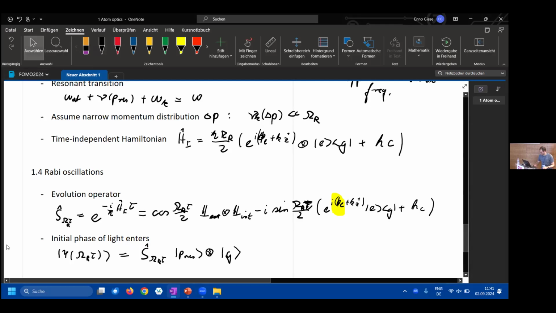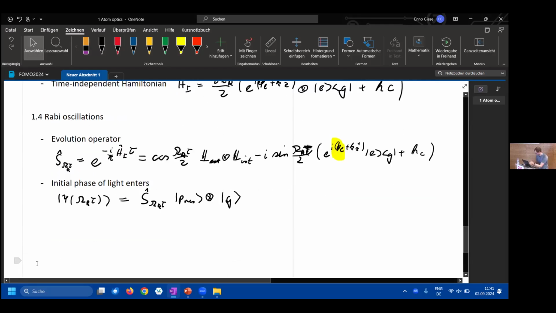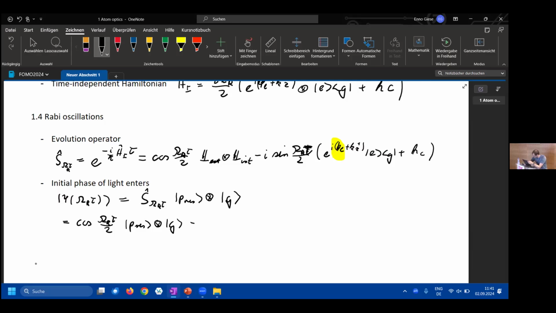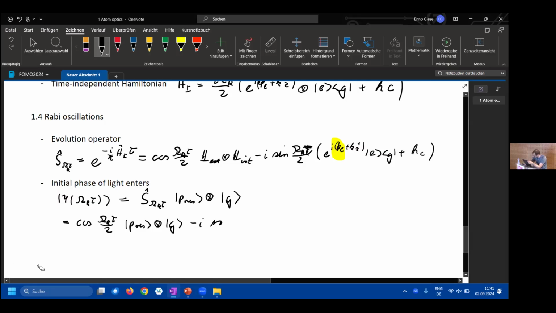And what you observe now, if you multiply out those matrices, is that you first of all have something like cosine of omega Rabi tau over 2 times p resonance times the ground state, minus i sine of omega Rabi tau over 2. And now that's the important part: you have e to the i phi L. The phase is imprinted. And now you observe p resonance plus h bar k